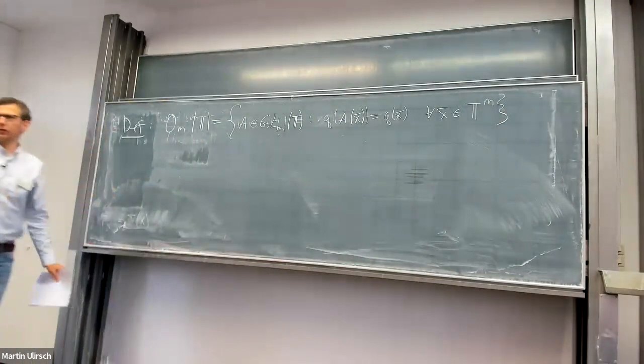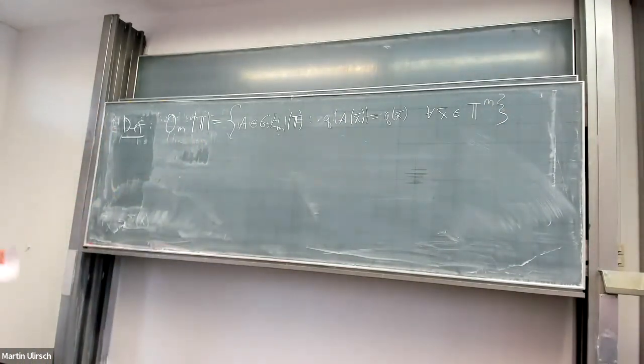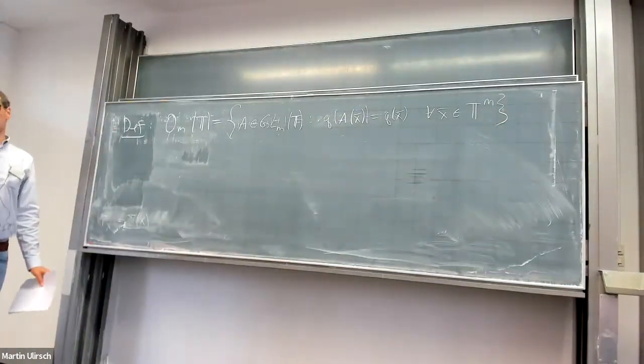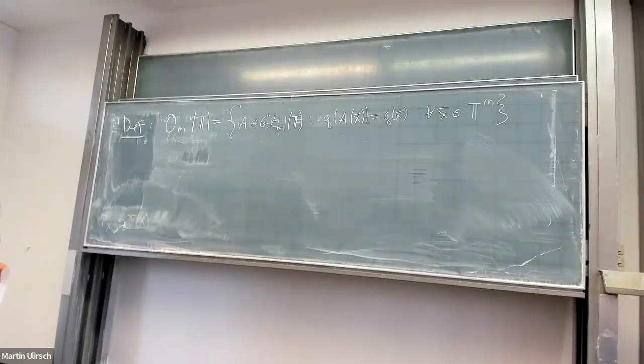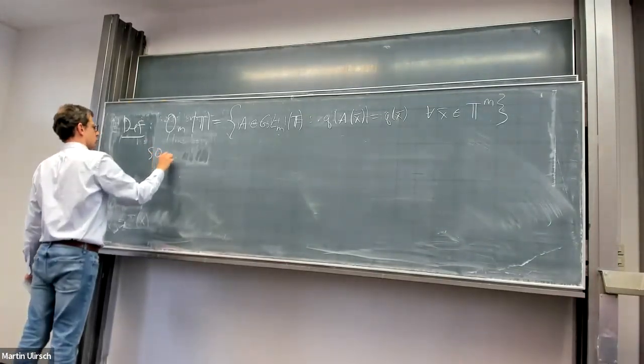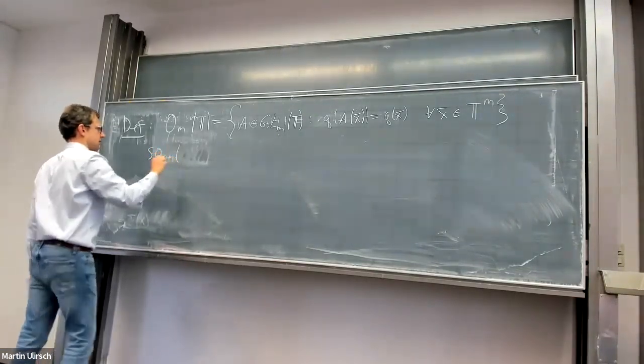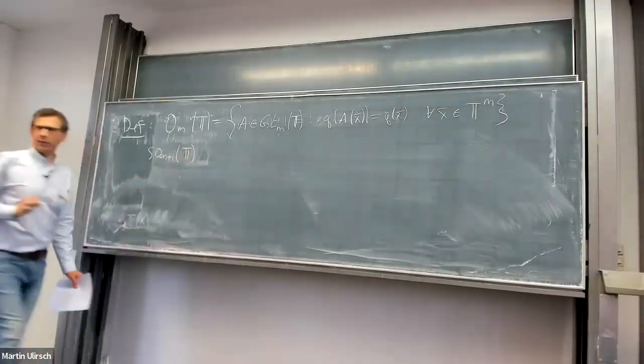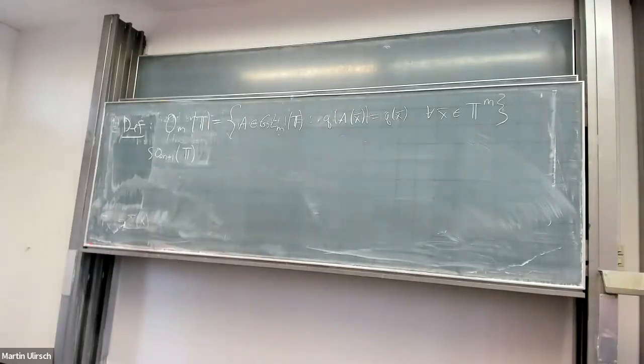So let's now also define the special orthogonal groups. To define them, you have to look back at how they're defined over arbitrary fields, specifically over characteristic 2. So there you have to be careful. People in representation theory tell me that SO_2n and SO_2n+1 are completely different objects, and they shouldn't be denoted by the same letters. Anyway,